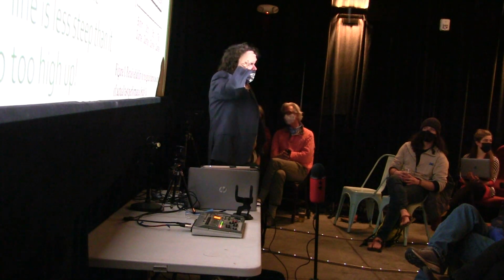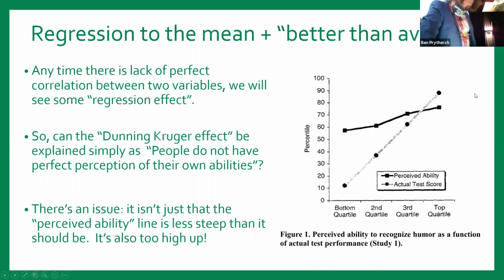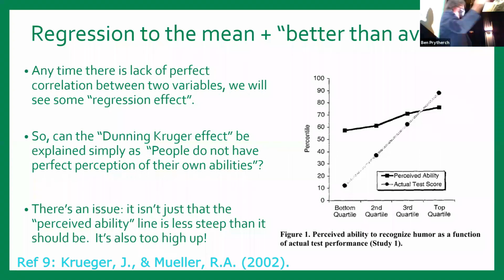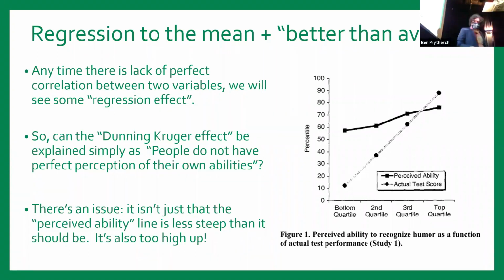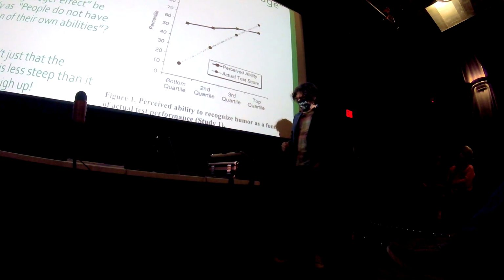And there's a pretty good response to it, which is that if this were really a regression to the mean thing, this line should maybe be a little lower down. In other words, why is it that the people on the bottom of these scores on these different kinds of tests are dramatically overestimating their abilities, as opposed to the people on the top slightly underestimating theirs? One proposal is that the phenomenon is partly a regression to the mean-ish, and partly what they're calling a better than average effect, the general tendency for people to overestimate how well they've done on things. I think that's a decent